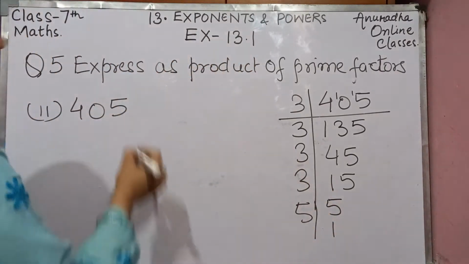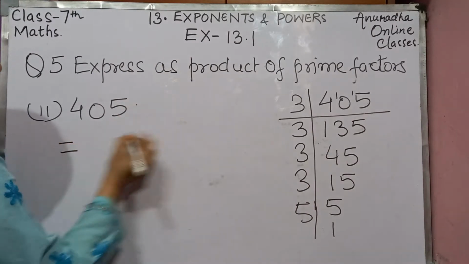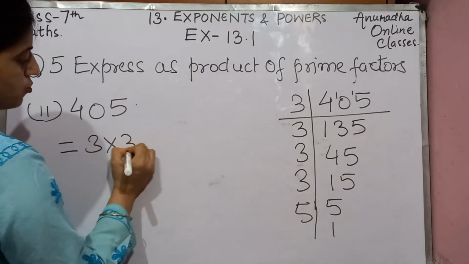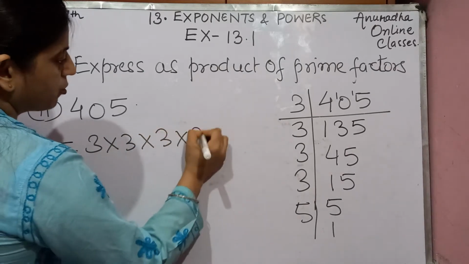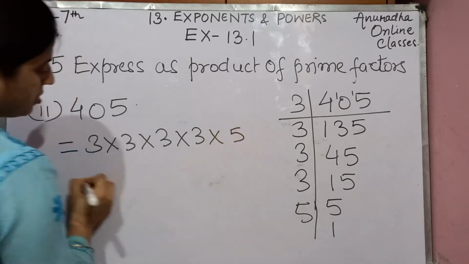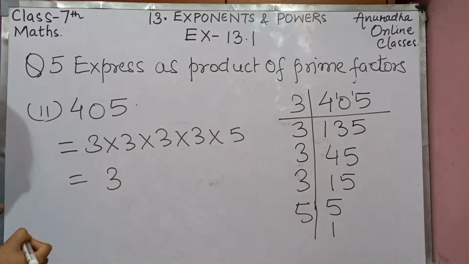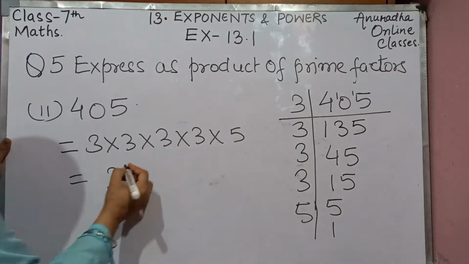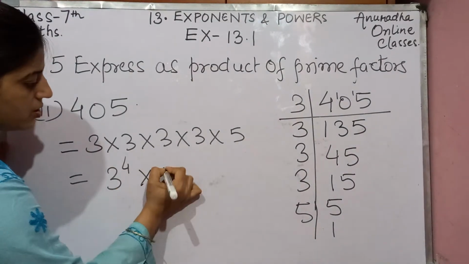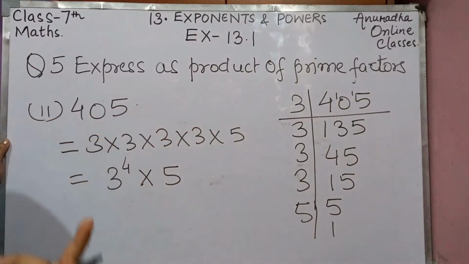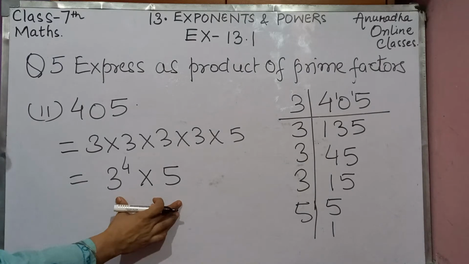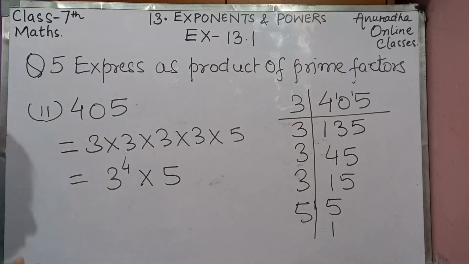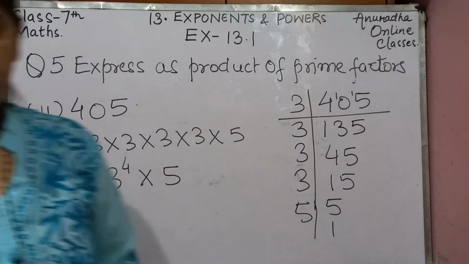Okay. So what are the factors of this? You can write 1 2 3 and 4 times 3 into 5. So how many times is 3 multiplied? See, 1 2 3 4 times 3 has come, so it is into 5 to the power, only 1 is there, no need to write that. That is, it is the product of 3 raised to the power 4 and 5. Okay, let's come to its next part.